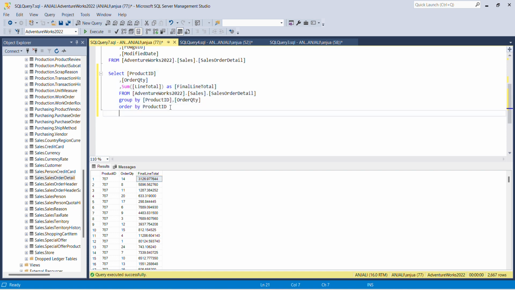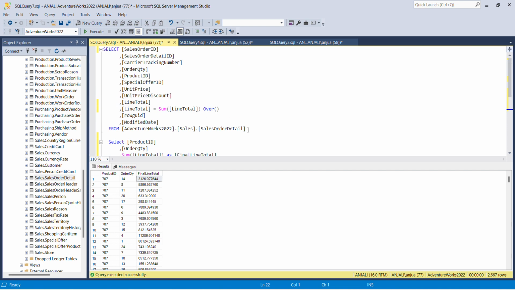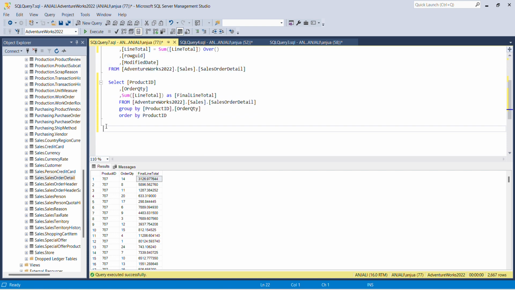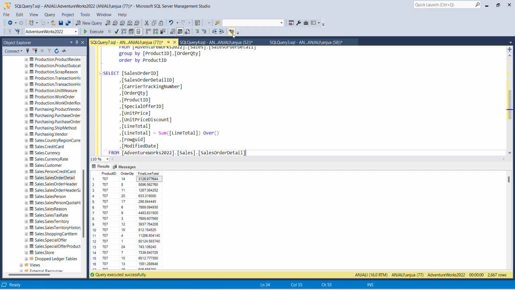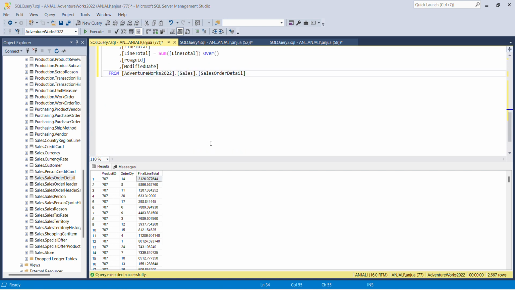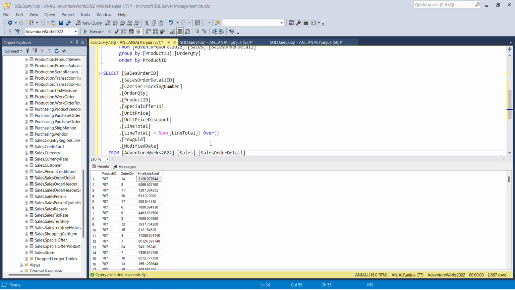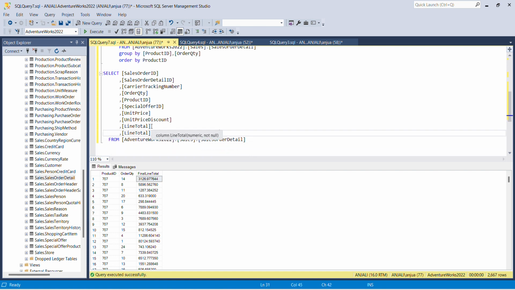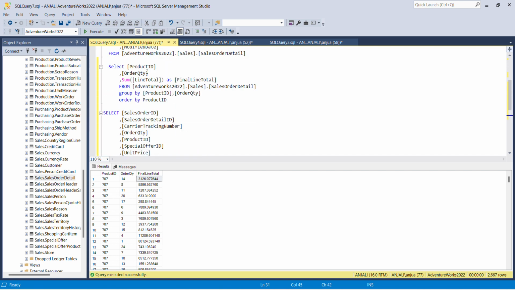So again, if I'm using a Windows function, then there is no need of grouping it by, correct? With the help of the Windows function, the complete concept can be covered. So I'm using the partition by here. The line total we need, the unit price also we need it, and